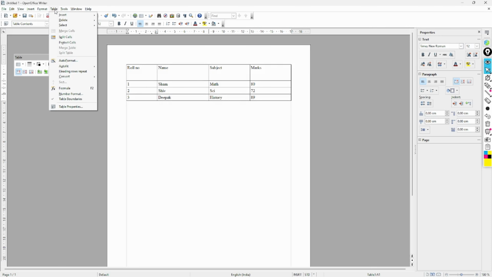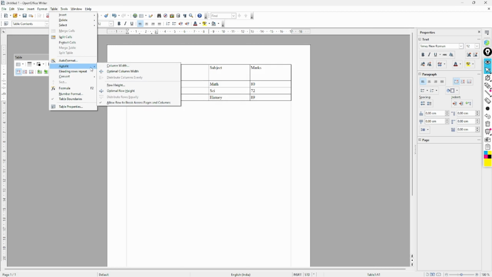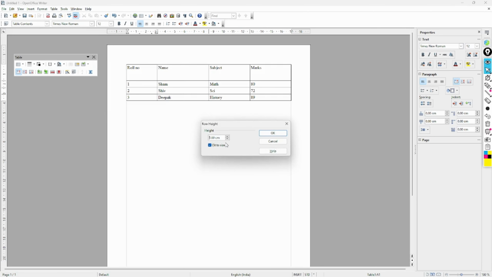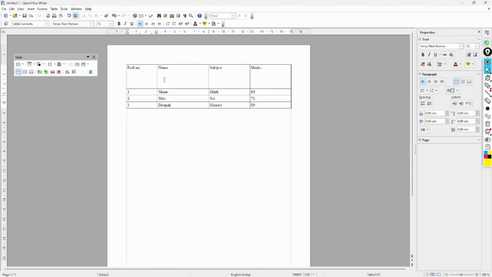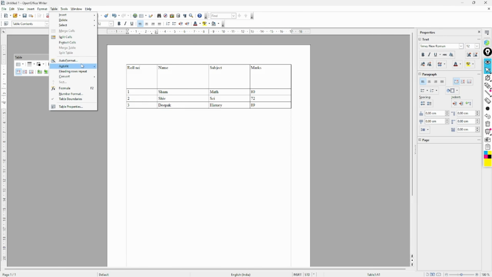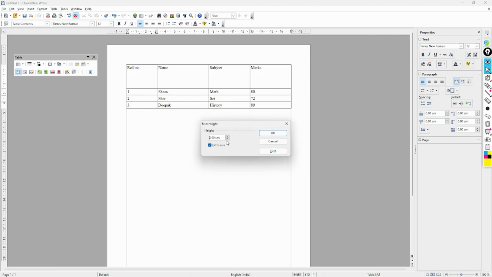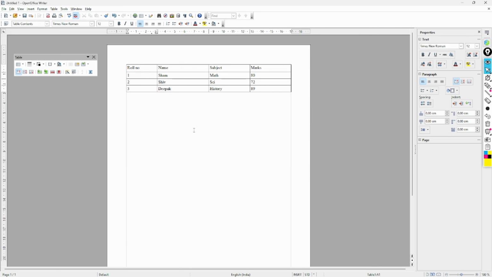From here we can control the width, and if I want to control the row height, see here, row height, selected row, and from here I can set, for example, 2.49, and it will increase. If I want to increase, the same, I will take now less than 1, 7.9. Like this we can increase.